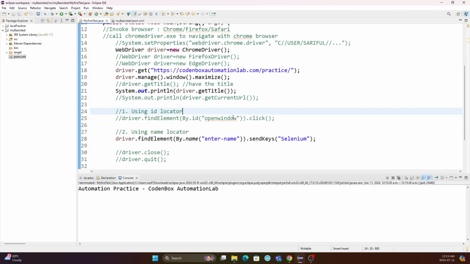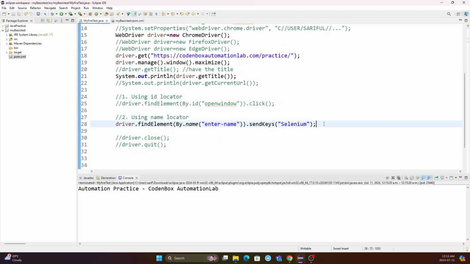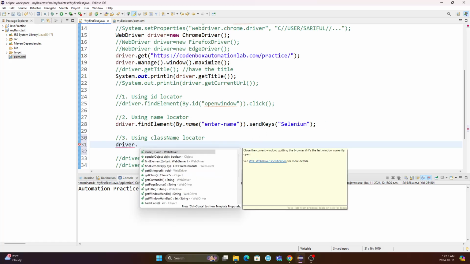Okay, so number 2 is done. Let's see number 3. We're going to use class name. Okay, using class name locator, or attribute. To do this, let's use the driver object reference, and then use, say,